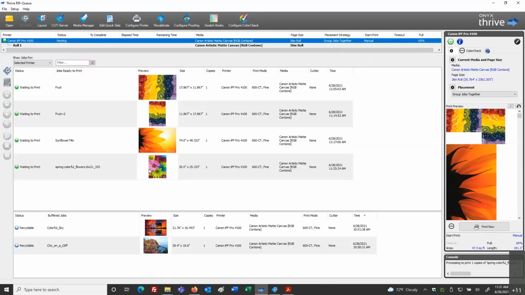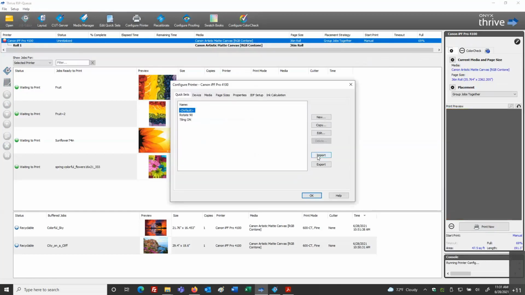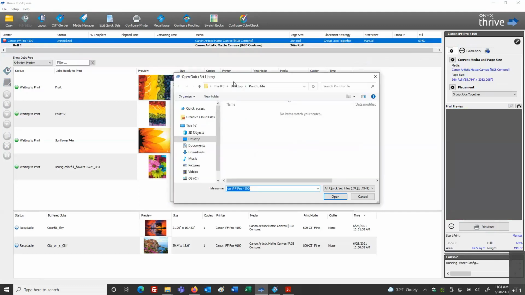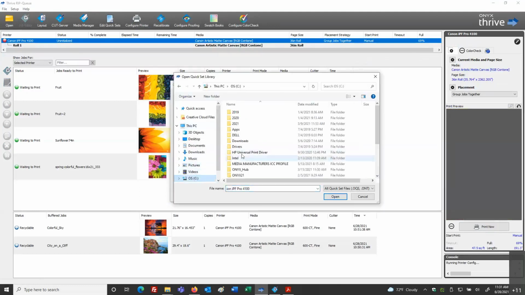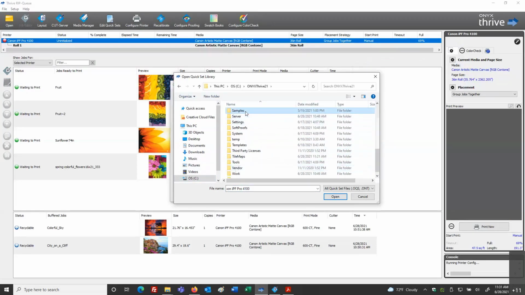So if I said, well, now I want to bring that exported QuickSet into my main QuickSet menu so that I can use it time and time again, I'm going to go into Configure Printer, and I'm going to import. And I'll browse to my directory, and I'll go to my samples folder.